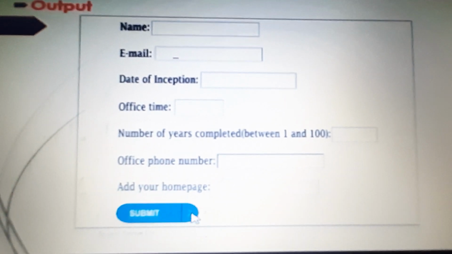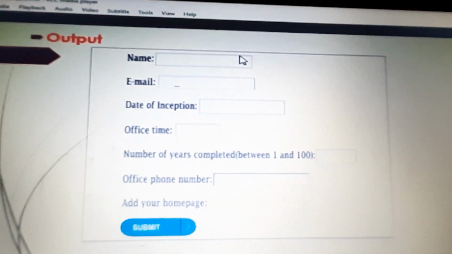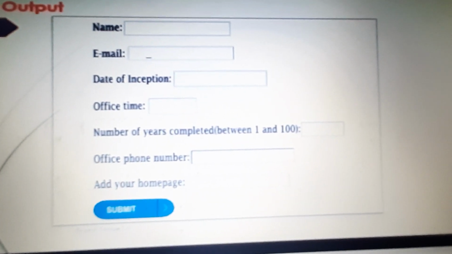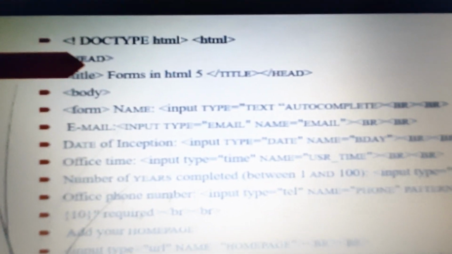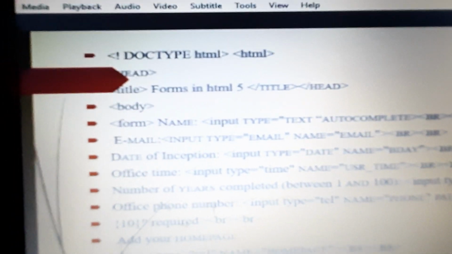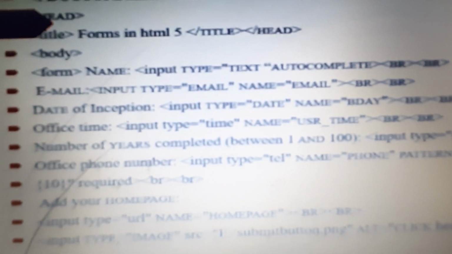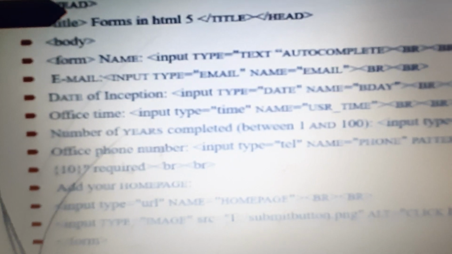Here in the submit button we have inserted the image. So this type of output we want to produce by using this new attribute. For that purpose we will write one simple program. You know that when we want to write any HTML program, we should start with the HTML head. In the head we have to insert the title. We can assign any name to the title, and after the title we can start our body part.